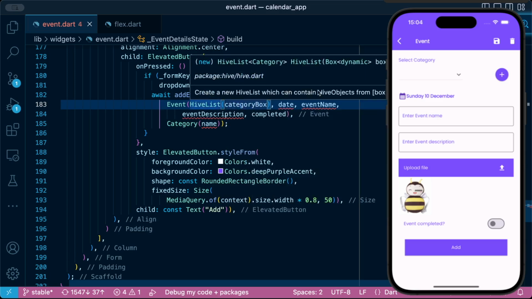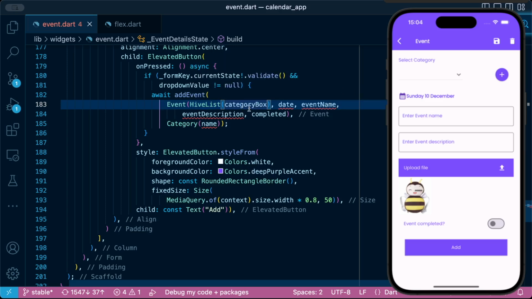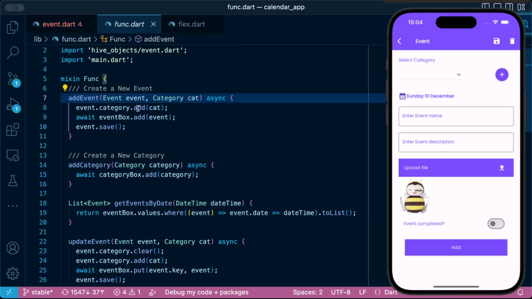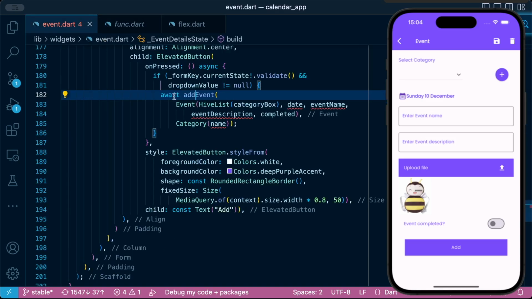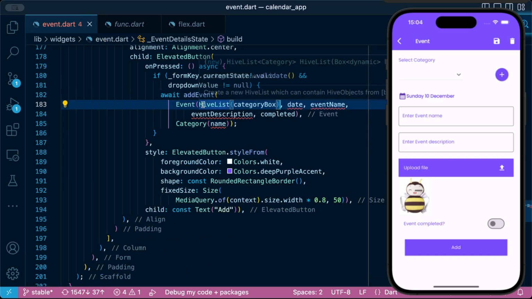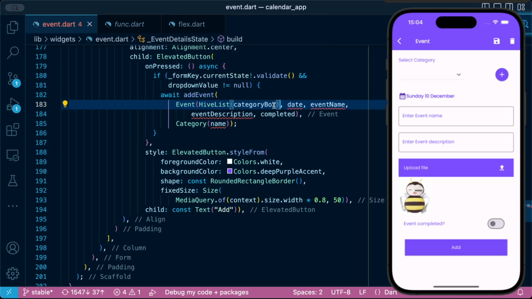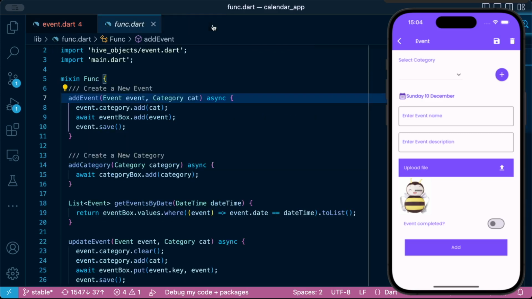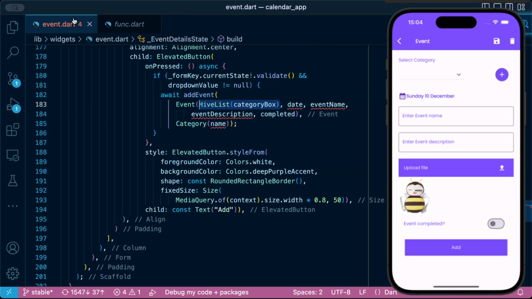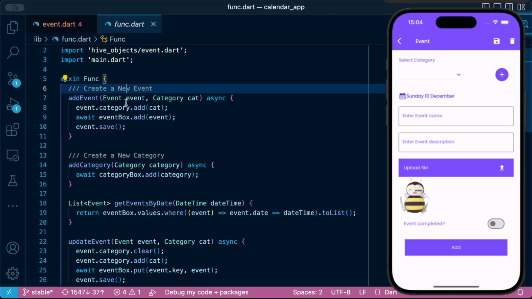So we're going to have a Hive list that will contain a category inside, and then when we head over to our function, this is when we add that specific category. But first you have to initiate that specific field. You need to enter this first. Another way to do it is to specify this in the event in this specific function, but we just injected it straight here, so that when we come here,